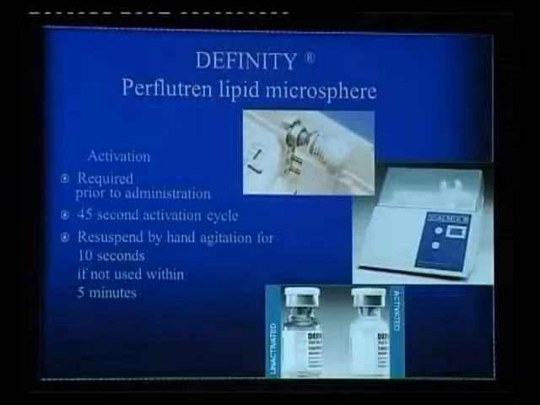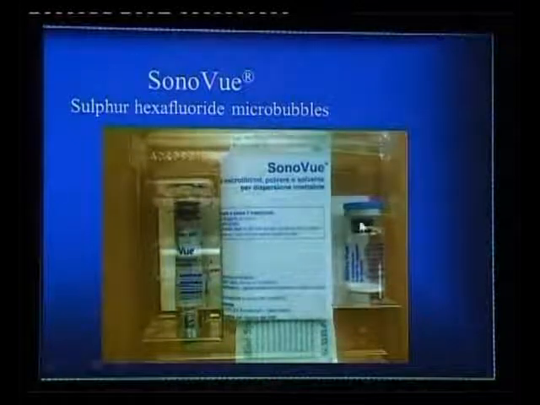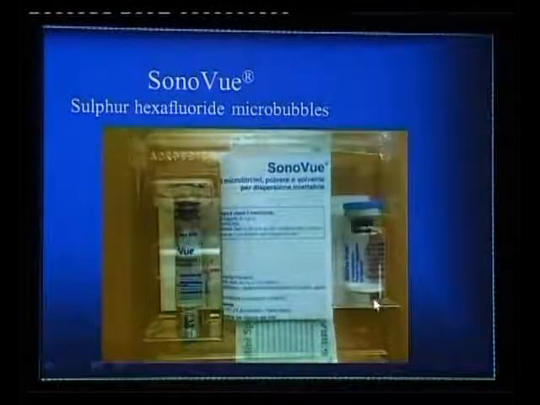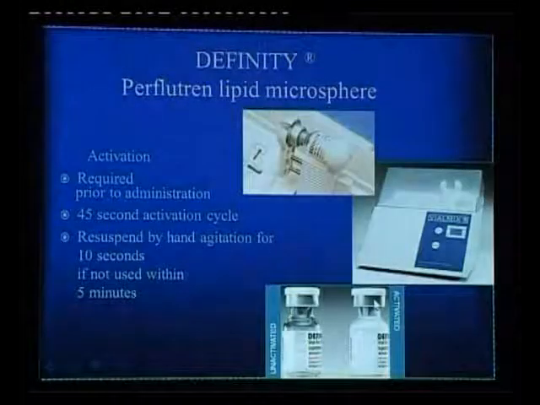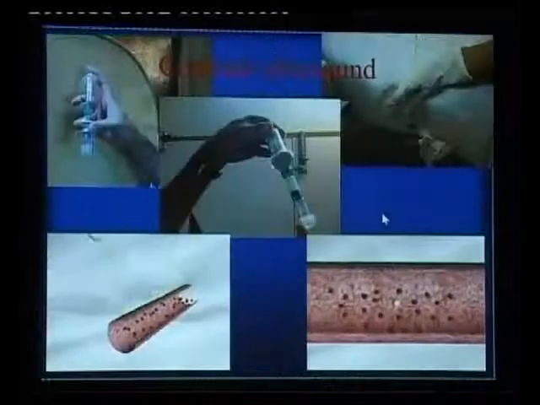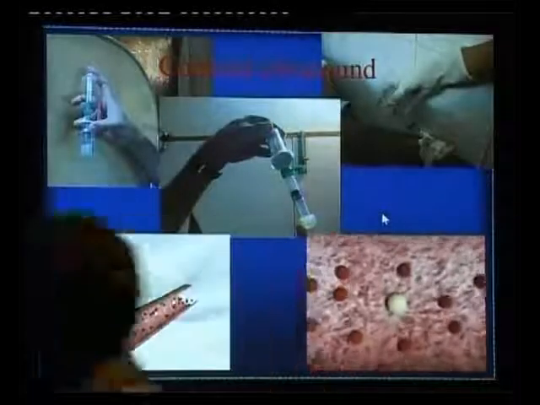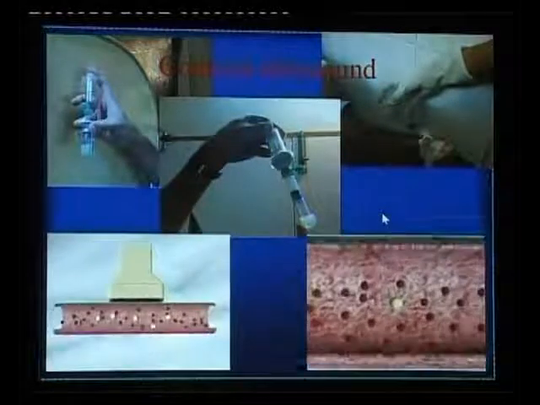Now both these differ in the sense that SonoView we have to prepare with a vial. So we have a solvent and a vial with powder, and we prepare about 5 ml at a time, and Definity is about 2 ml, and we require a special vial mix to prepare Definity. So what happens is once you inject them in the circulation, these microbubbles mix up with the RBCs, and very